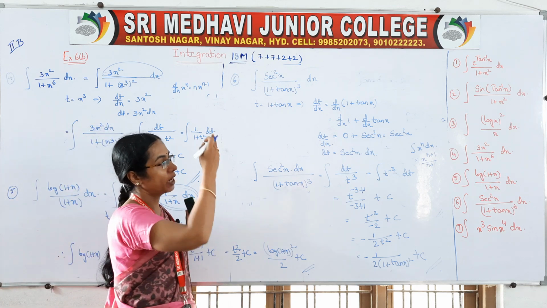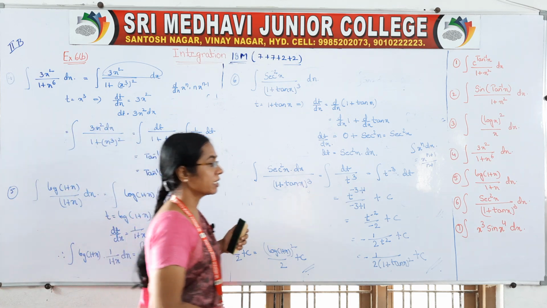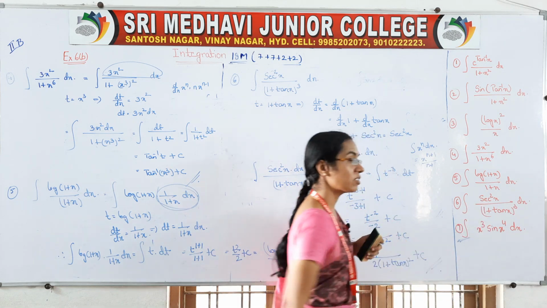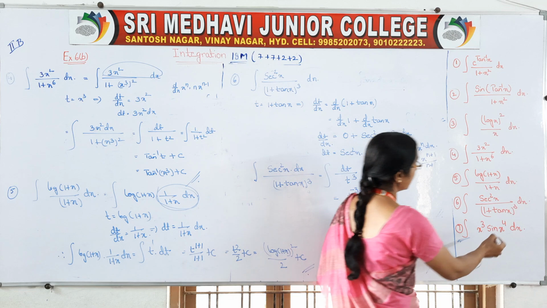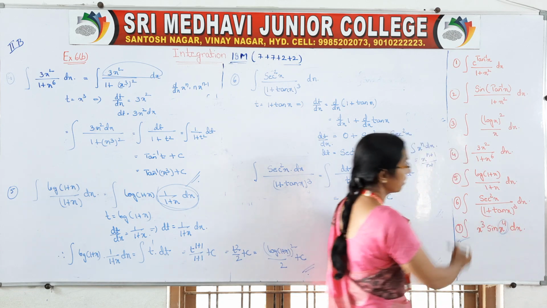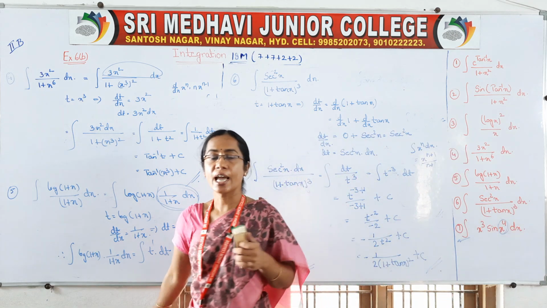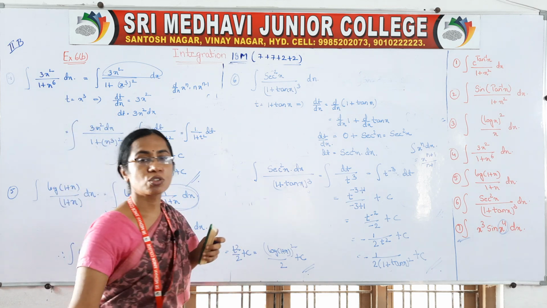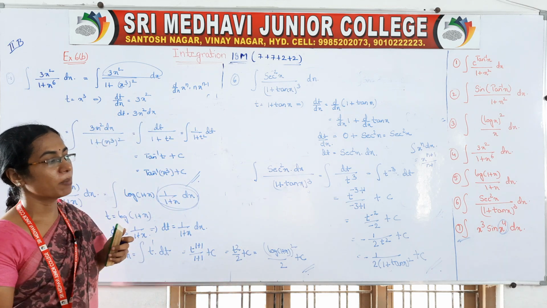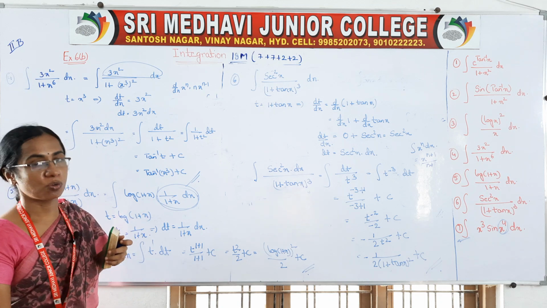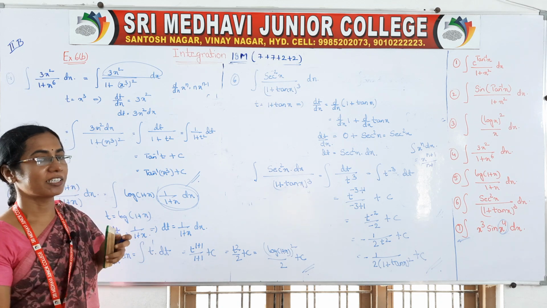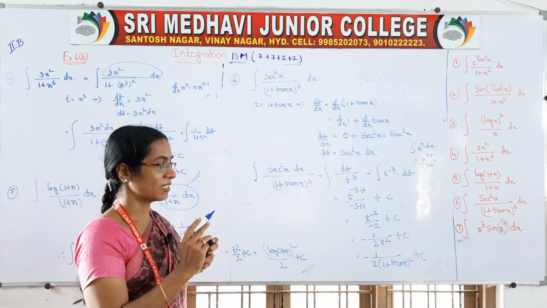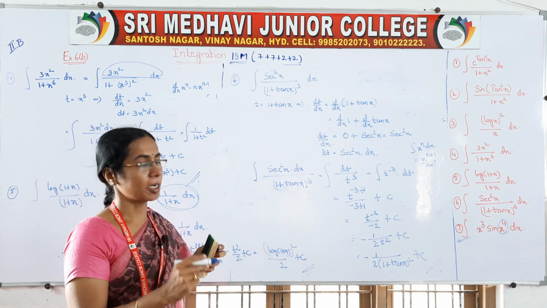Okay. So practice these problems and see the seventh one. It is homework. Right. So how can you solve it? Very simple. I said the value whose power is more, you take that one as t. So you take t is equal to x to the power of 4. Then dt by dx you will get as x cube. Substitute, you will get the answer. Try it. If you are not getting it, we will discuss afterwards.